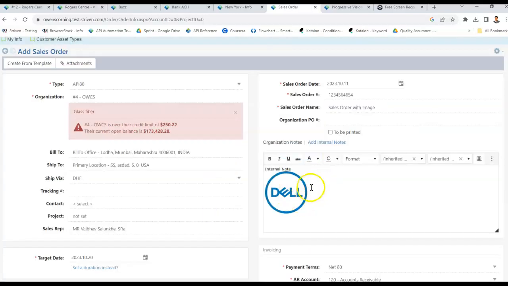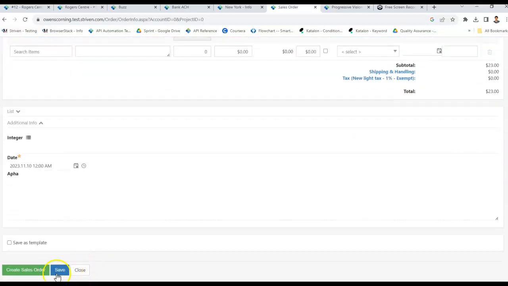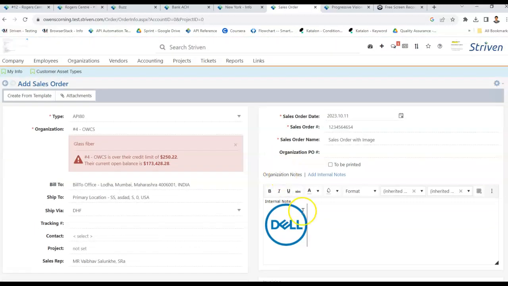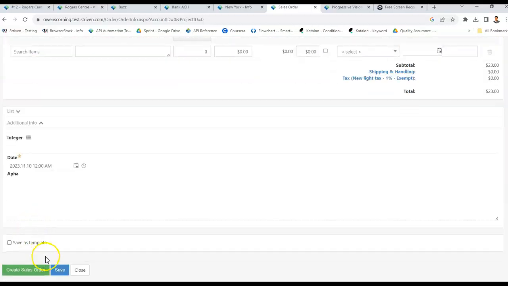Yeah. I inserted this image, and now I'm saving this. So after inserting image, it is displayed correctly. If I save it and then check the image,